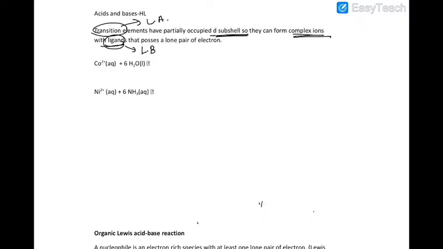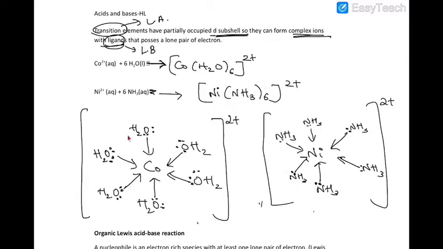So one example, cobalt plus water. So you will have the complex ion that will form with the ligand. So you have here copper, which is forming bonds with 6 ligands, so 6 dative bonds here. So this is going to be an octahedral complex, and here as well you have an octahedral complex, nickel forming